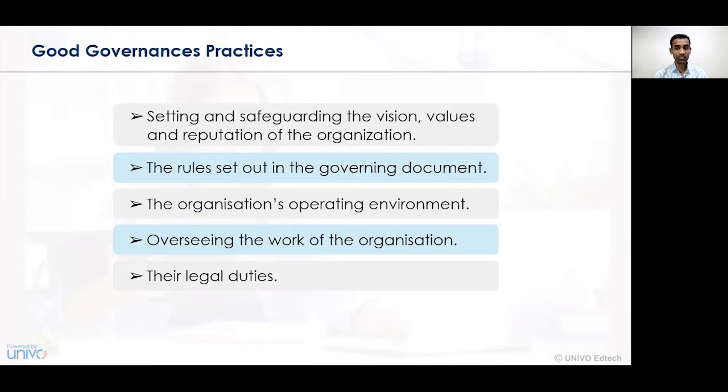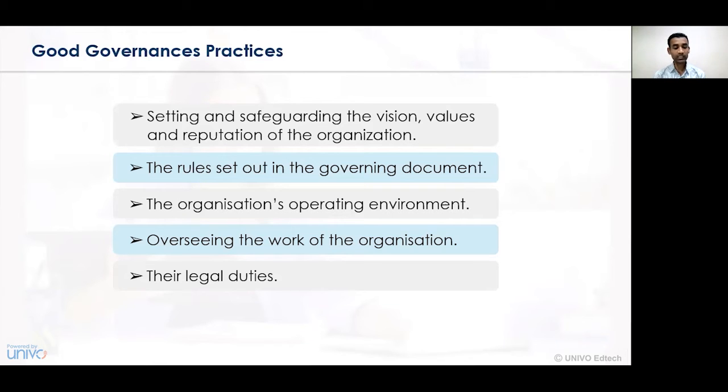Overseeing the work of the organization. So here in this case, we also have to see that the work culture of the organization is very effective and all the activities are being undertaken in an effective way. Overseeing the organizational objectives needs to be taken into account. That is, we always have to see that whatever objectives, plans, mission and goals of the organization are in existence, they are always set and they are in coordination or in alignment with the long-term and short-term objectives the company is aiming for.